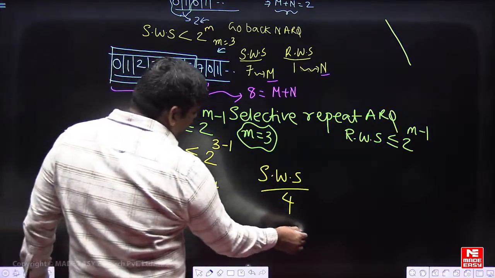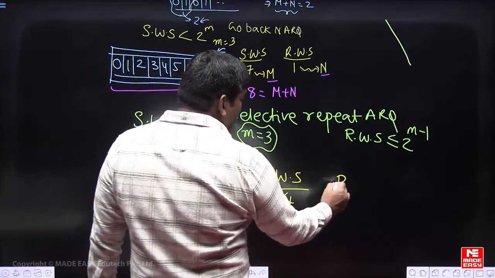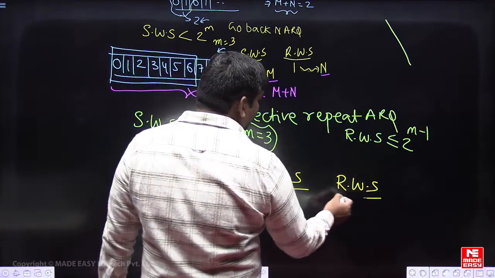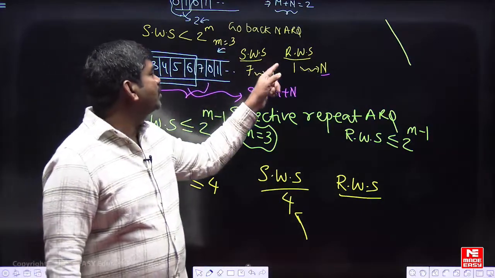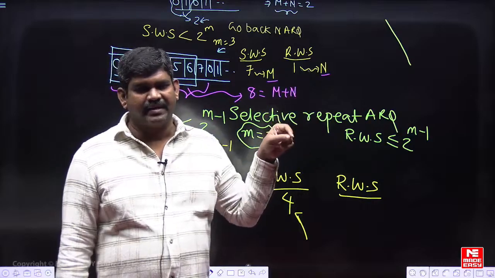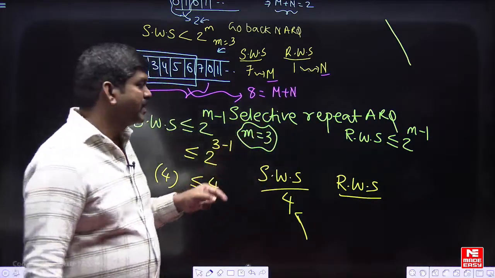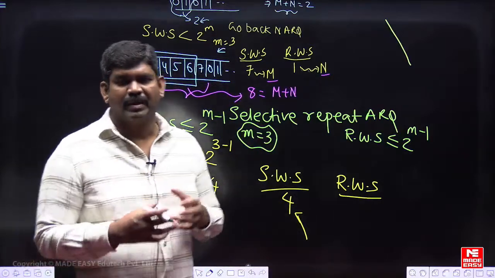The receiver window size is also 4 with this condition. You can observe that in both Stop-and-Wait ARQ and Go-Back-N ARQ the receiver window size is 1 because it accepts in-order frames. But here it is going to accept out-of-order frames also,